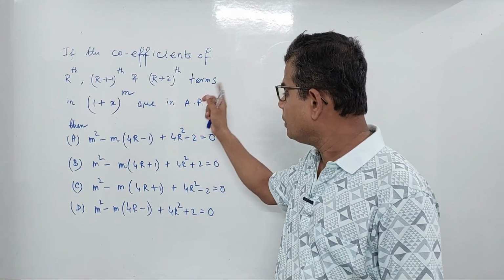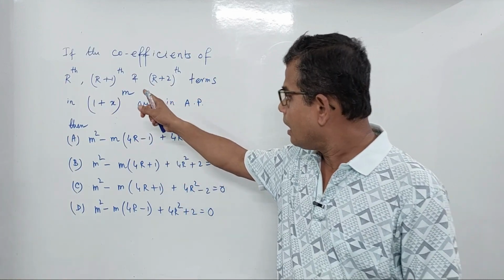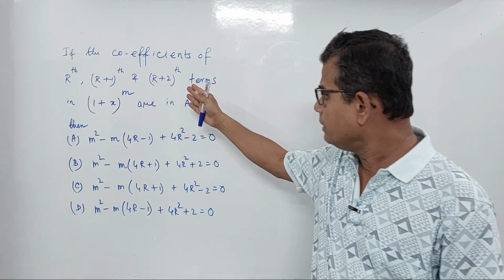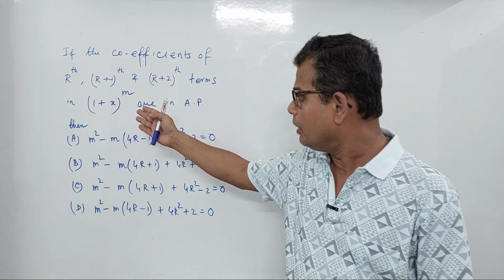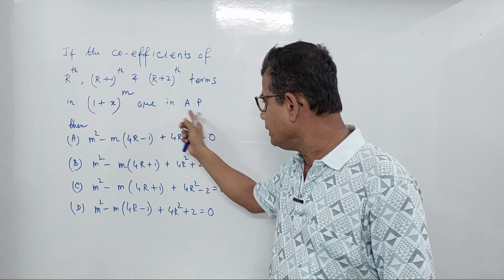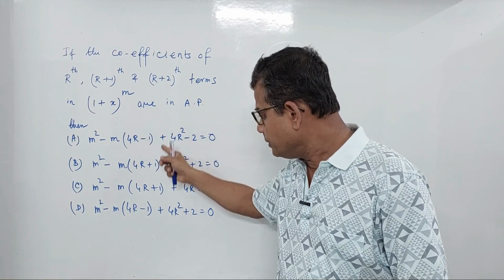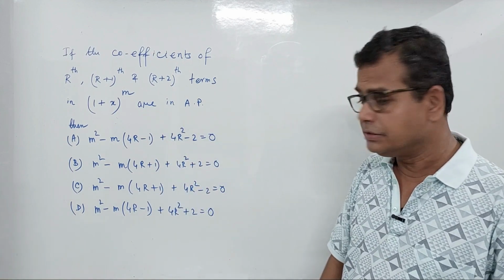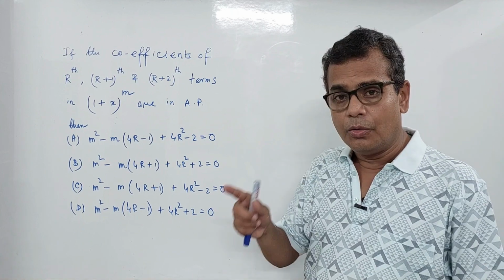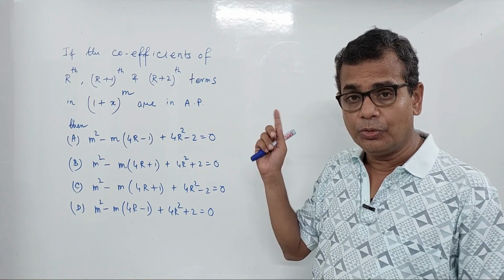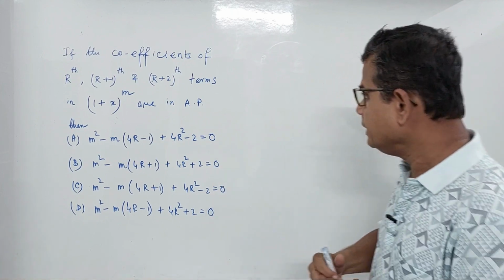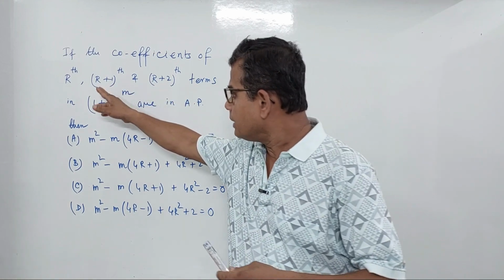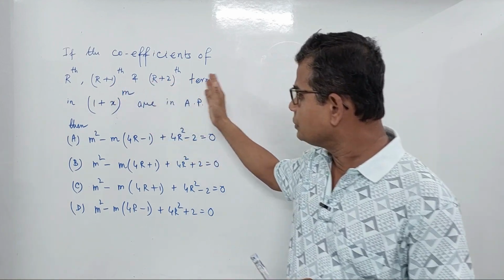If the coefficients of rth, r plus 1th and r plus 2th terms in (1 plus x) to the power m are in AP, then which of the following four relations is true? We should apply the same rule as before, that is, if rth, r plus 1th and r plus 2th